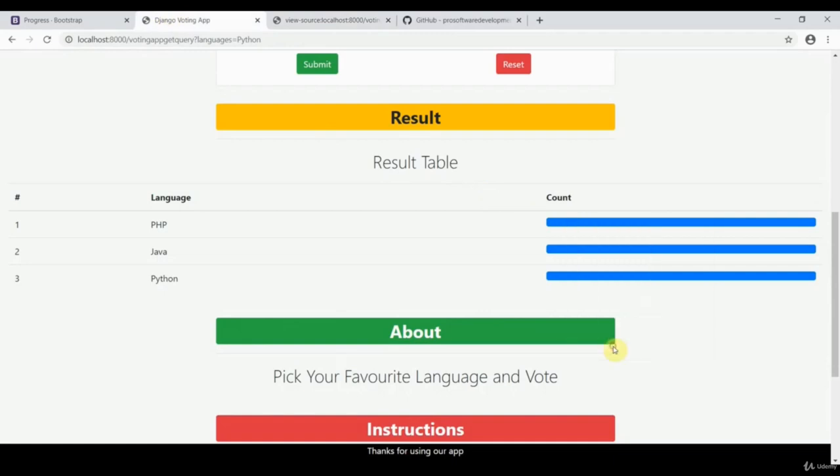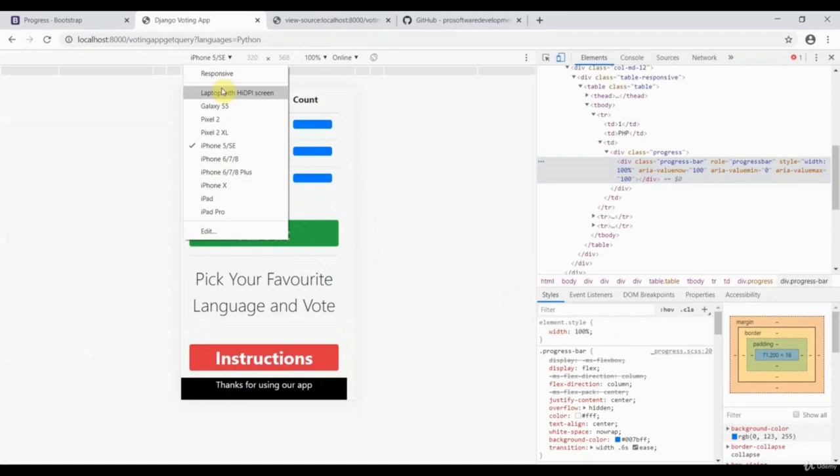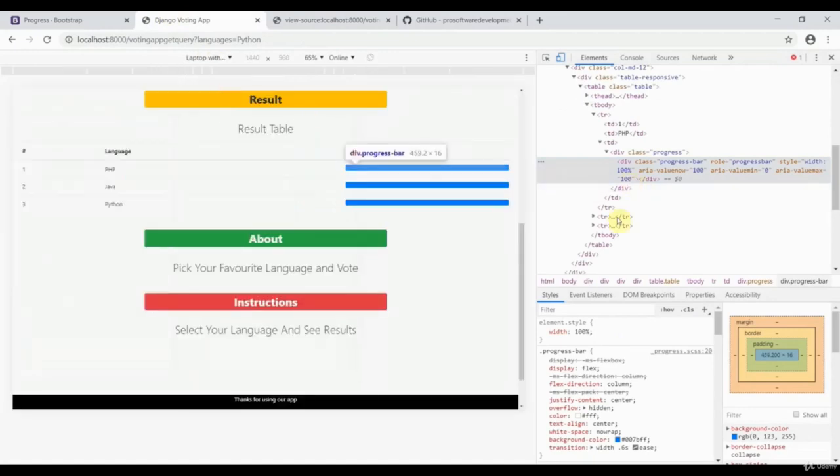I would show you one thing. If I inspect element, okay, and let me show you another view, laptop. Okay, so here you can see div is equal to style is equal to, can you see the difference? If I reduce the width to 60%, the width has been reduced. Specifically I'm referring to where my cursor is pointing. So when I reduce to 50, it almost becomes half. Yes, it is half now. Then again, the way I'm reducing the width, the progress also reduces itself. Okay, so this is good.